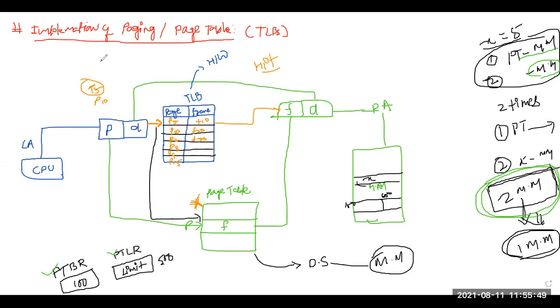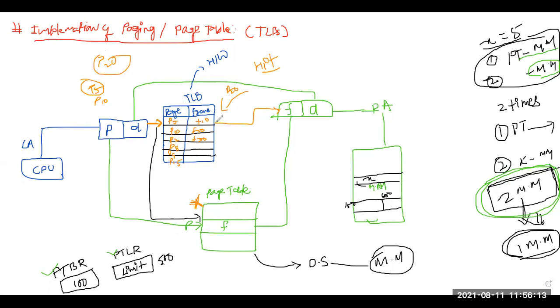Now suppose I request some page number 20. Now what will happen? It will search here, it will not find it. So it will search for page number 20. Now it will want to replace one of these entries. So what do you have to do now? I have to perform a context switch. What will you do? Suppose you have to store page 20 here, but now there is no space here.